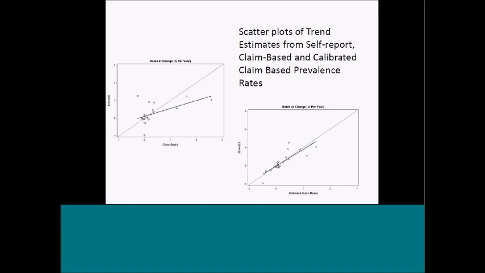After this, we also assembled a room full of physicians and gave them these blinded estimates, the calibrated claim estimates and the claim estimates. Then they had to rate which one they think is the closest to their experience. It's not great, just something judgmental. So they were blinded, given the sheet, and had to write which one is